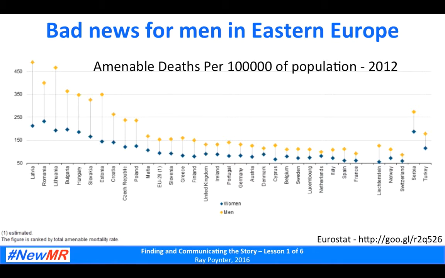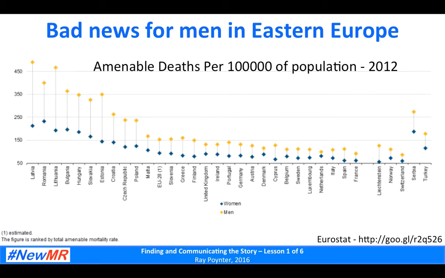And then they've broken it into different categories, and the first thing they've done is they've sorted it from the highest rate of amenable deaths per 100,000 head of population through to the lowest. So France has got the best figure and Latvia has got the worst figure. Then they've also made another interesting piece of manipulation of the data. They split it by men and women.